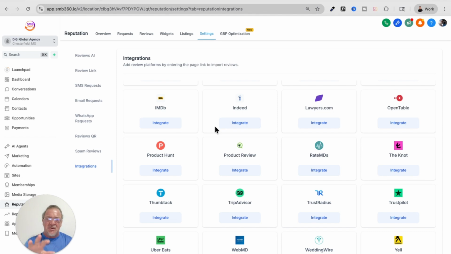But first of all, I wanted to show you this right here is the magic. This is why I think Highlevel is better than any other platform that you have, because the integrations can integrate with multiple different other platforms, and they're doing nothing but adding more and more integrations with this. That makes the widget that much more powerful, because now you can pull in, again, like I mentioned earlier, your Google reviews, Yelp reviews, your WebMD, your Indeed reviews, lawyers.com, whatever it is that your clients are dealing with, you can integrate directly and pull those reviews directly into this widget